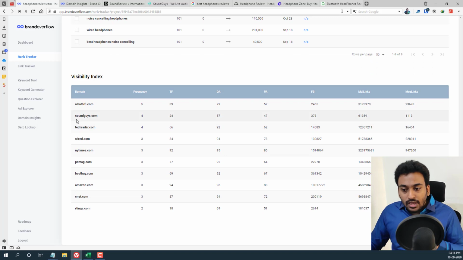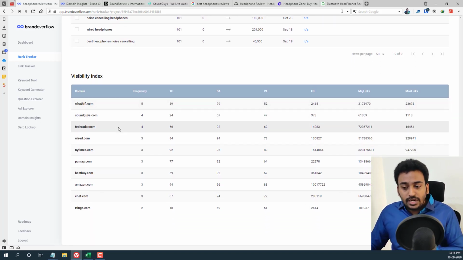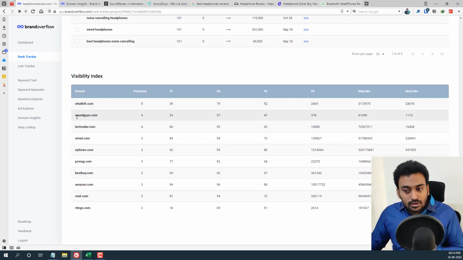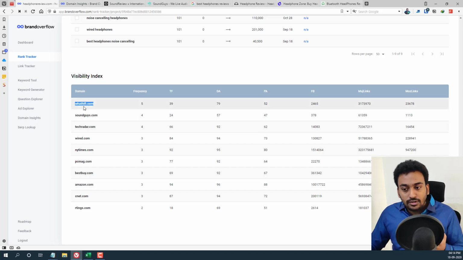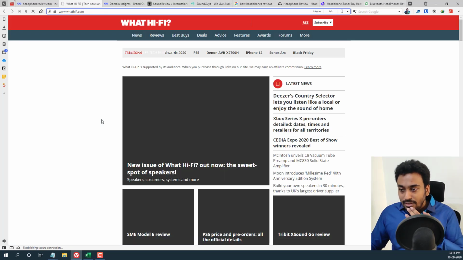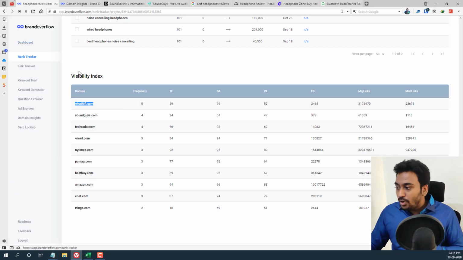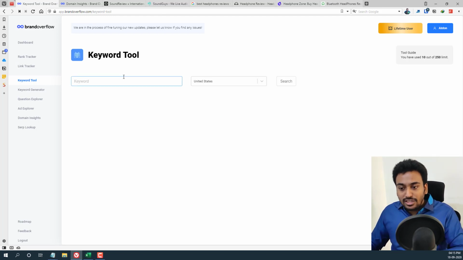Okay, you can see, if I see this, now the data is completely changed. Whenever you start to add more and more keywords, the visibility index data will also change. The first one was the sound guide, now it's showing differently. I'm not sure what this site is, but let's just say, for example, this is another site, but you can see it keeps on adding all these things. So that is how you use the visibility index keyword tool to keep on coming back and generating more